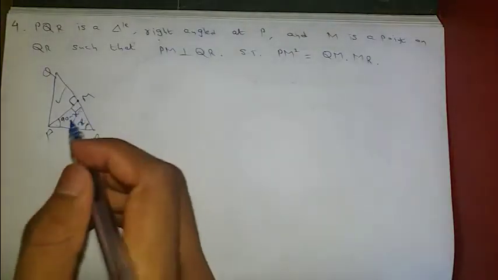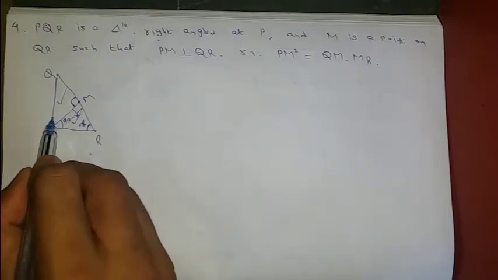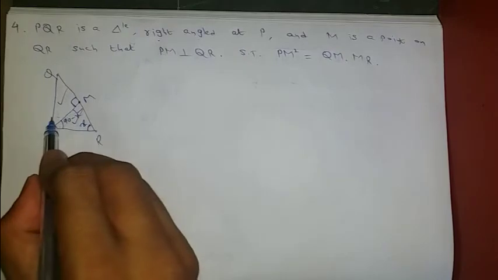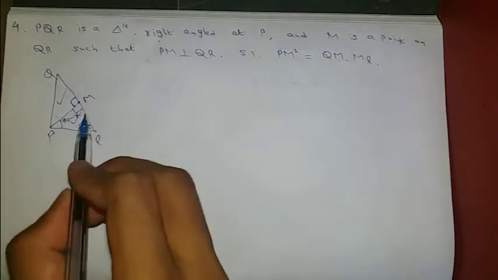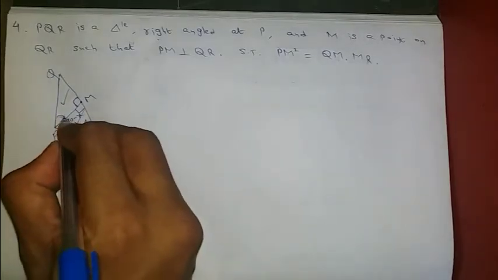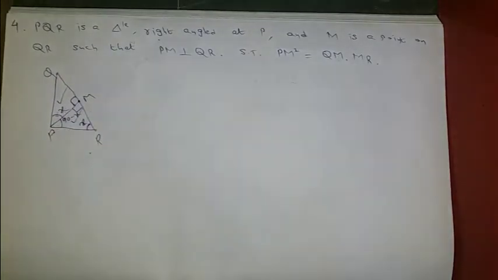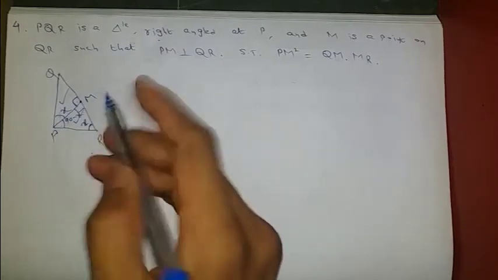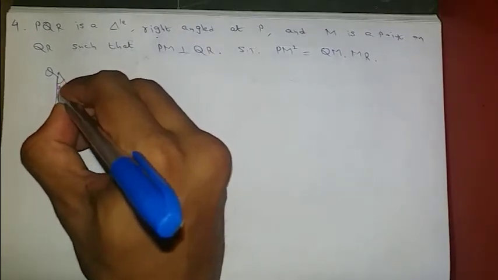Next, now already we know that this total angle P is 90 degrees because of the right angle at P. Now from this total angle P of 90 degrees, this one is already completed as 90 minus x. So this part will become x. Now if we observe the upper triangle, one is x, one is 90, so the third will be 90 minus x.